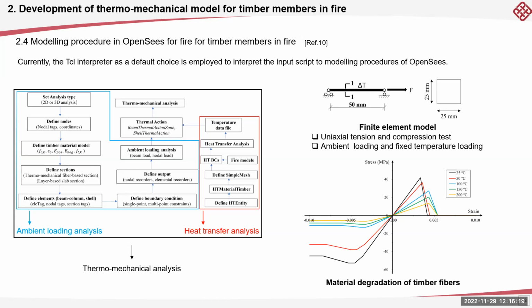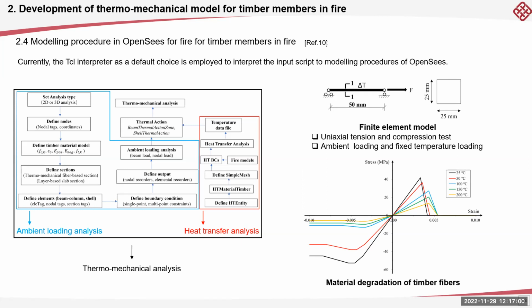As for the modeling procedure in OpenSees for timber members in fire, currently the TCL interpreter is employed by default to interpret the input script into the modeling procedure of OpenSees. As you can see in the blue part, these are the settings we need for the ambient loading analysis. We need to set the analysis type to 2 dimensions or 3 dimensions, define the nodes, and define the timber material models, just like the uniaxial